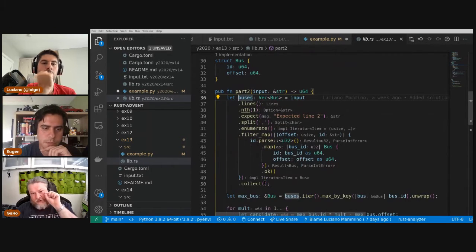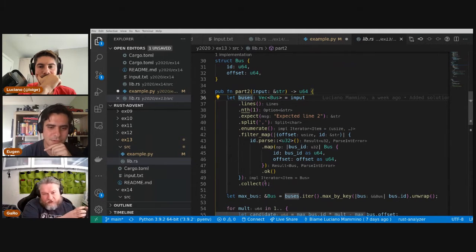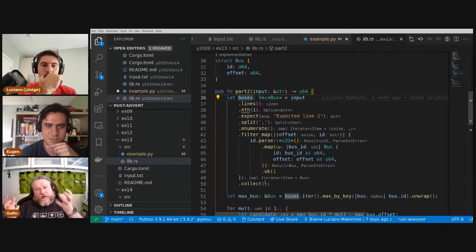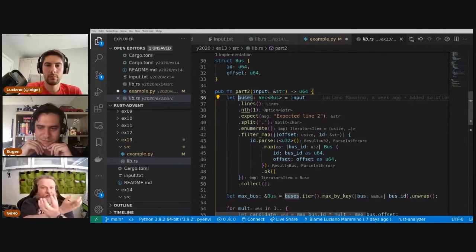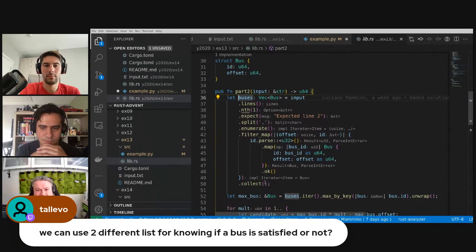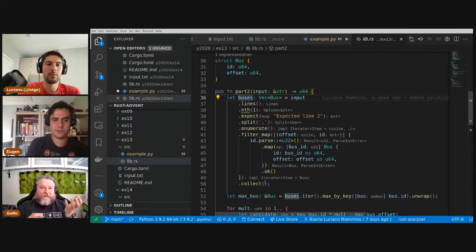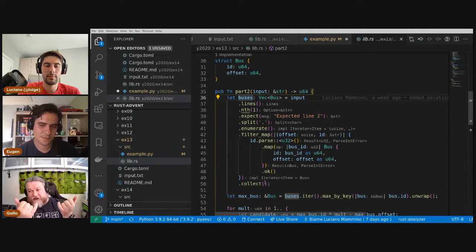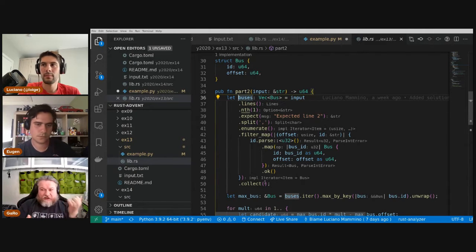Well, we can keep... Or we have another mutable vector to keep track of. Or we take a bus out of the to-do list and we put it in the done list, or we mark it as done, as satisfied. I don't know what is better, to be honest. Yeah, we have this suggestion that we could be using a different list to keep track of the... Yeah, we can have the list of the buses to satisfy and the list of the satisfied buses. And when the list of the buses to satisfy is empty,